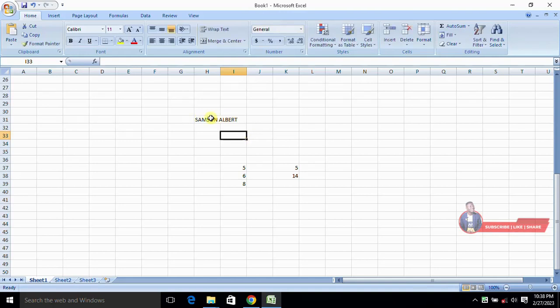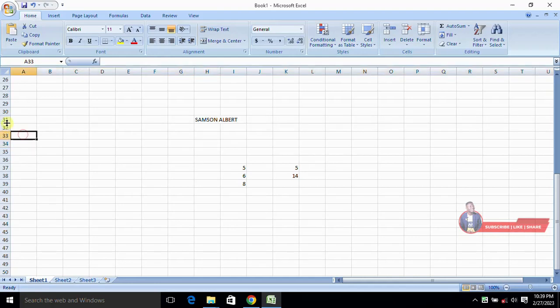Now, looking at this name, you would think that Albert is written in the second cell, while no, that is not how it works. If I click on this cell, you can see my name inside the formula bar. Samson Albert is in full. But how can you fit the cell to the name that is inside? You may choose to increase or expand the size of a cell